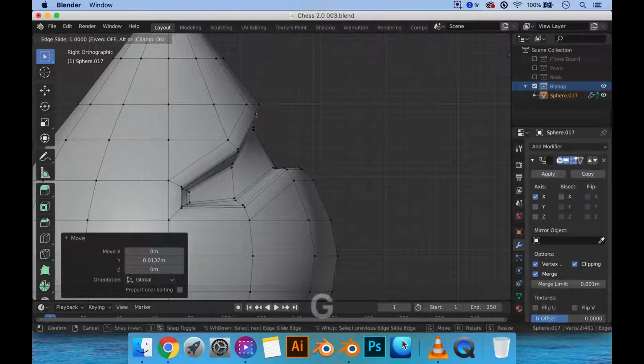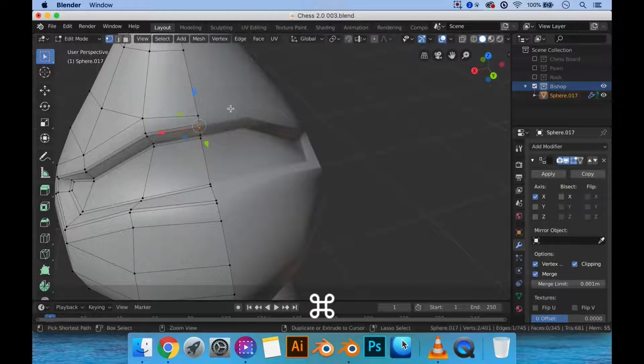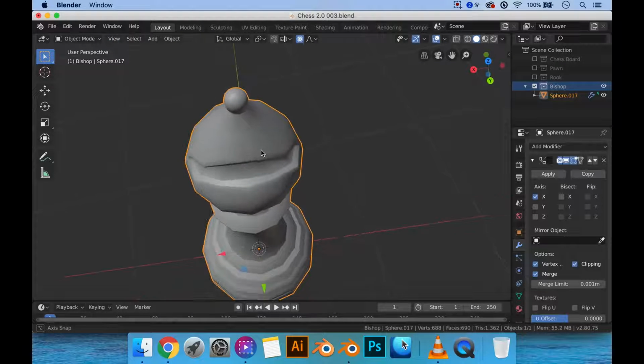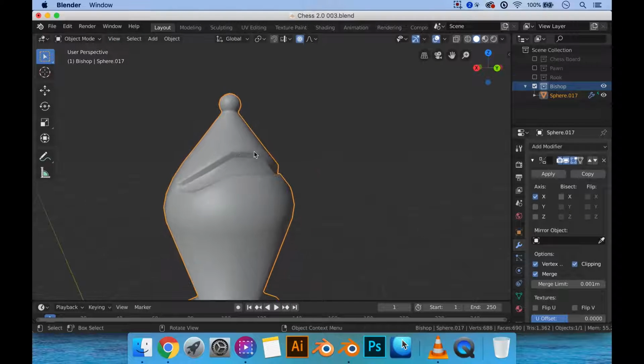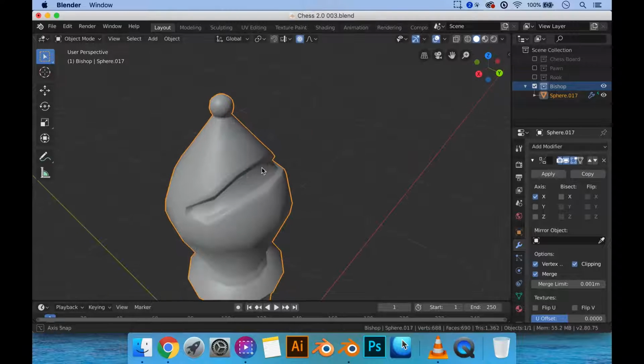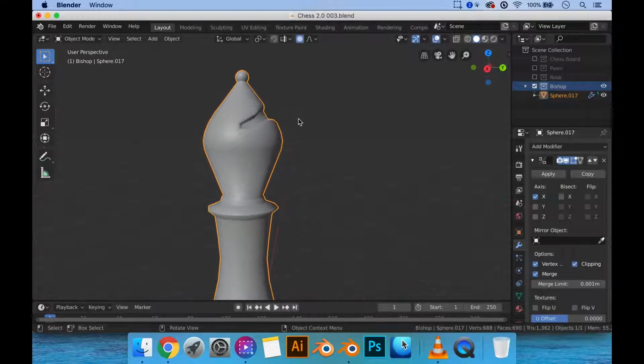double click G, so you can try and slide this up instead. As you know, need to bring this upwards, or no, I guess this one's okay. Kind of needs to be like in there for this to be like straighter. But yeah, there you go. We have sort of that divot that you'd see